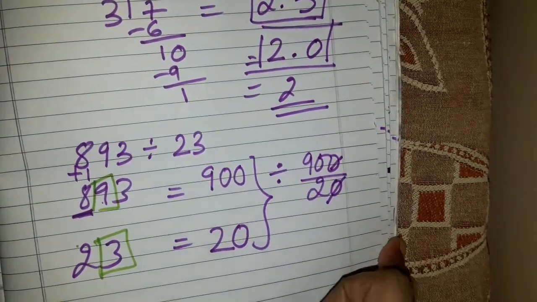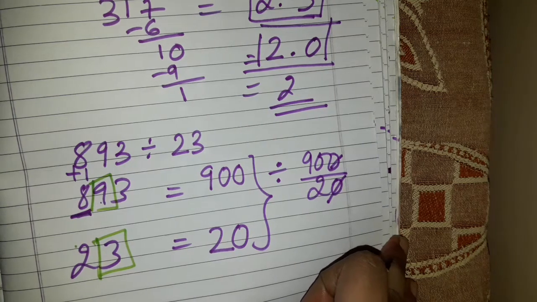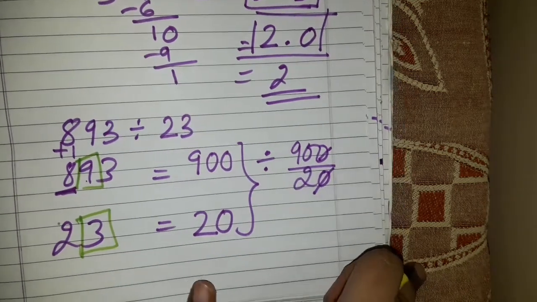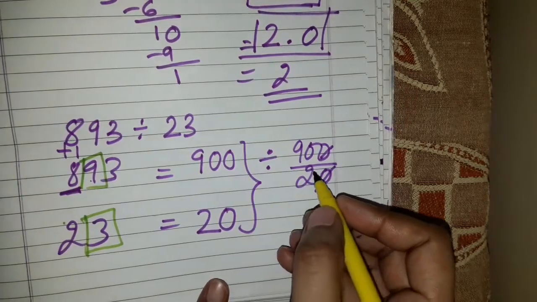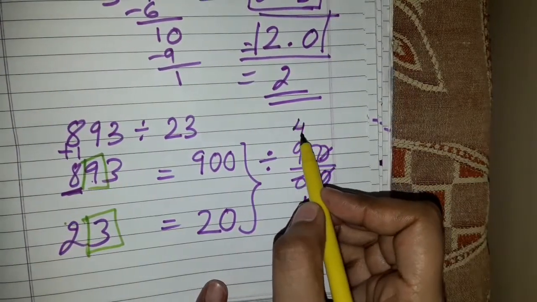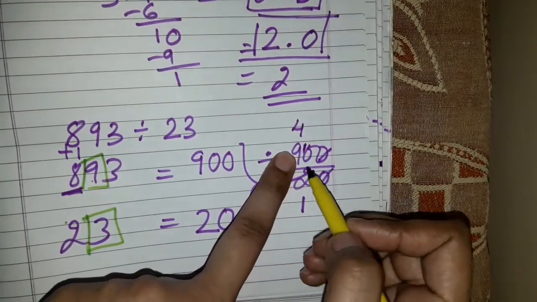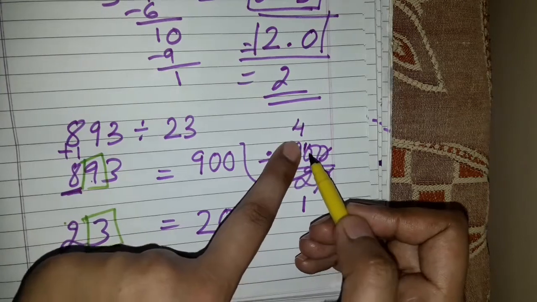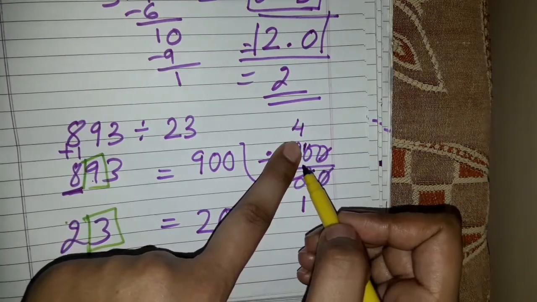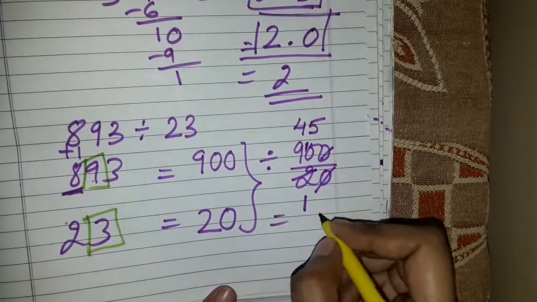Okay, now if you want to cancel it further, you can cancel it. If you do not, then you can simply divide and you can get the answer. Now if I am directly cancelling here, what will happen? 2 ones are 2. It will go 4 times, 8 will come, 4 2s are 8, but here 9 is given, so 1 will be the remainder, 1 will come here and become 10, and this 10 will go how many times? 5 times. So what is my answer?